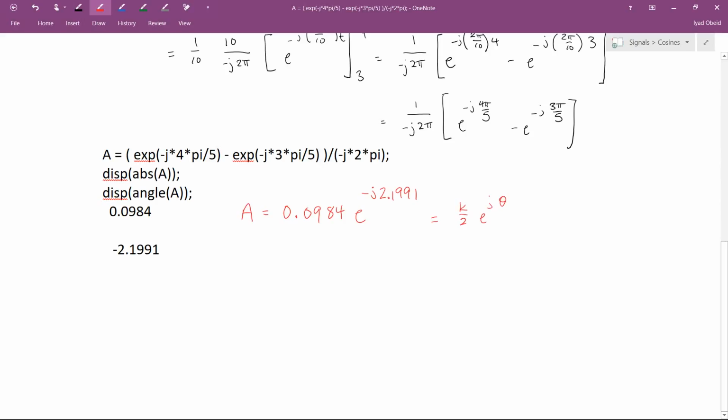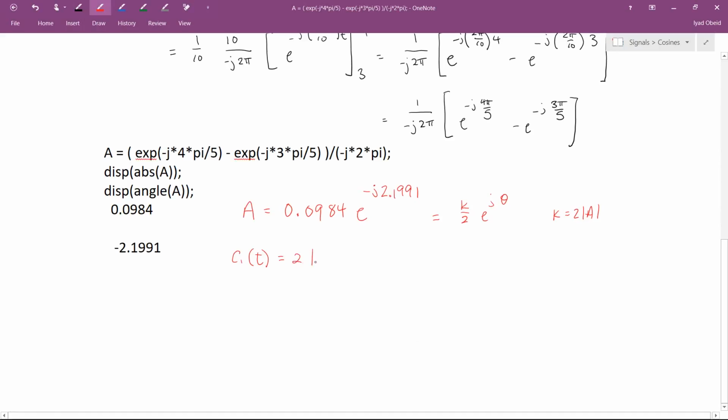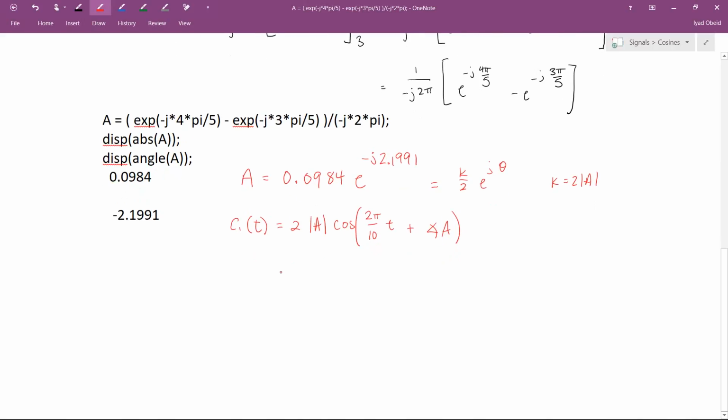So putting all this together, what this tells us is that this cosine, which I'm going to call c sub 1 for cosine sub 1, is going to equal, let's see, k. If you want to know the value of k, you take the absolute value of A, which is k over 2, and then you double it, that gives you k. So it's 2 times the absolute value of A times cosine of, the frequency of the cosine we're dealing with is 2 pi over 10 t plus the phase angle of A. Okay? Which in our case,